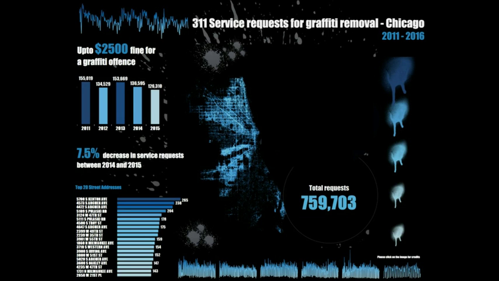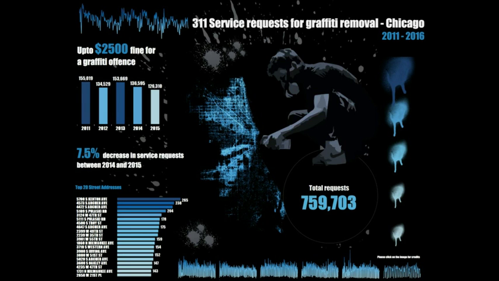So there's themes and tones there, okay, which talk about the topic. But what he did next was, to me, sublime, right? What he did was he realized that the shape of the complaints of graffiti in the city of Chicago is just like someone using a spray paint can. And so he put this image of a guy with a spray paint can right next to this waterfront here, the center of the city.